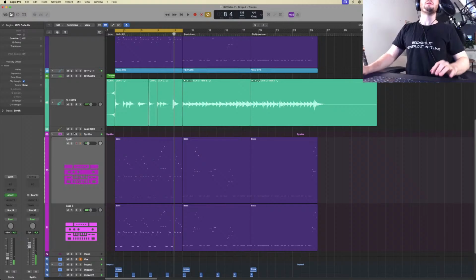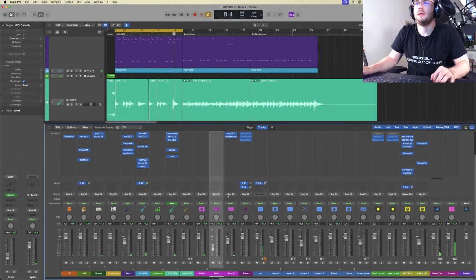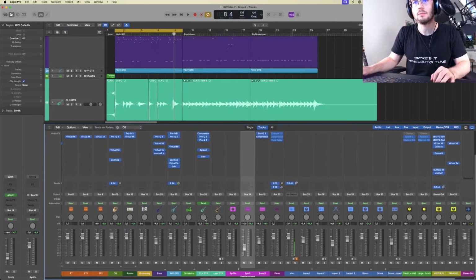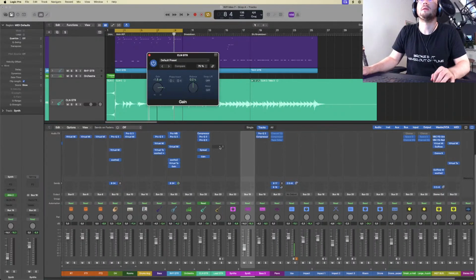And again, clean guitar is too front, and I want to push it back, but when I push it back, we will have a problem. It's not gonna be audible, and it'll sound like shit. So